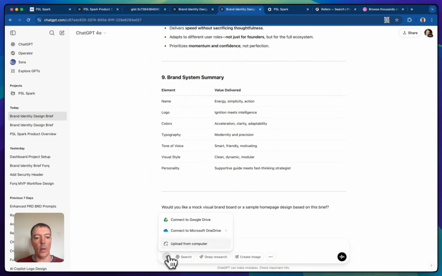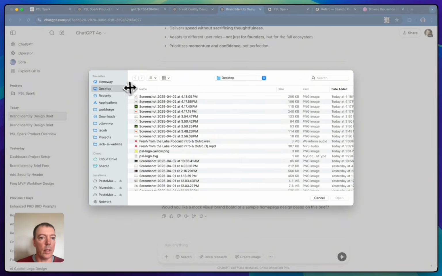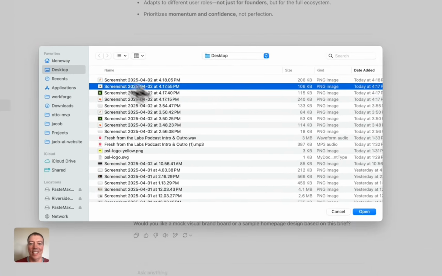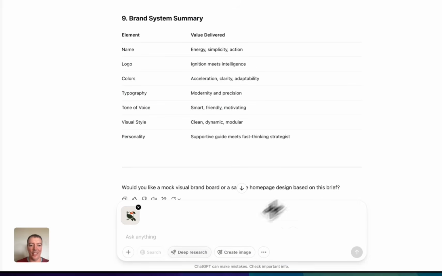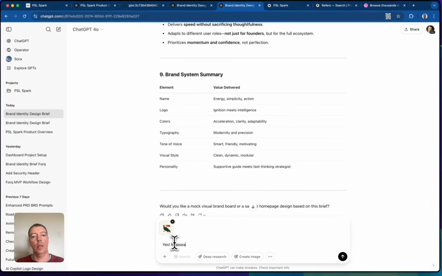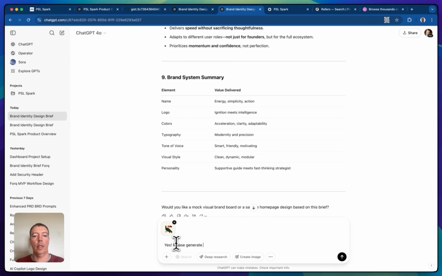All right, so we're going to upload here. Let's grab one of these. I kind of like that toucan. What do you guys think? Should we try the toucan? Let's see what happens here. Okay. Yes. Please generate a logo